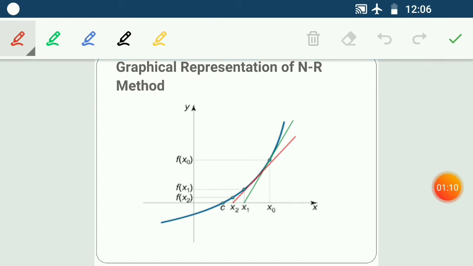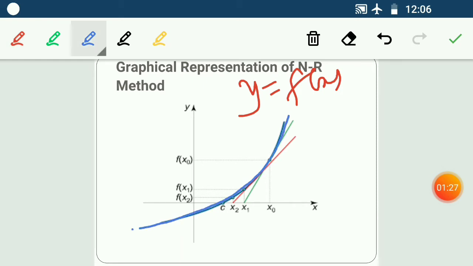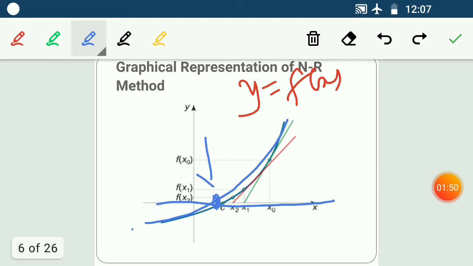The Newton-Raphson method says that suppose we have a curve y equals f of x, and we have plotted that curve in this xy plot, and we are representing that curve with this blue line. So we have to find the root of this equation, meaning where this curve cuts the x-axis. At that point we say that this is the root of this equation. Generally we used to say the same thing, right?